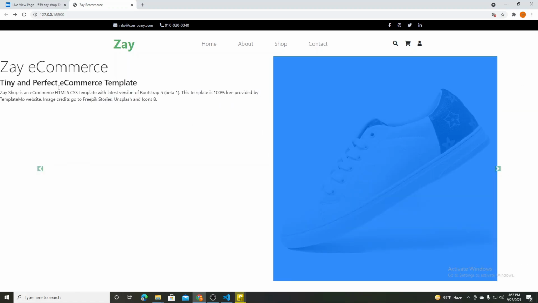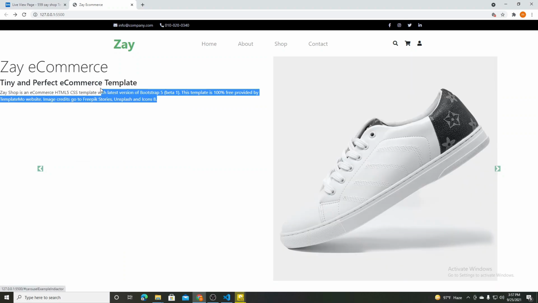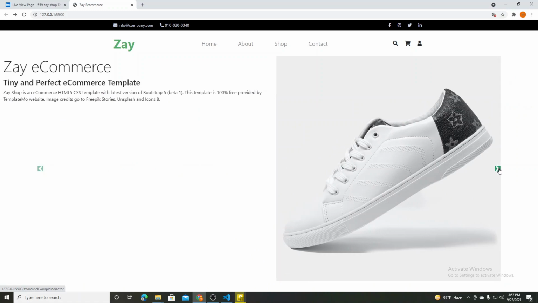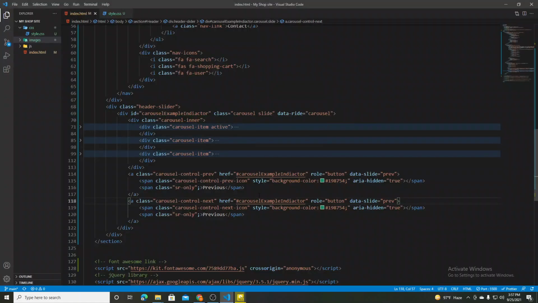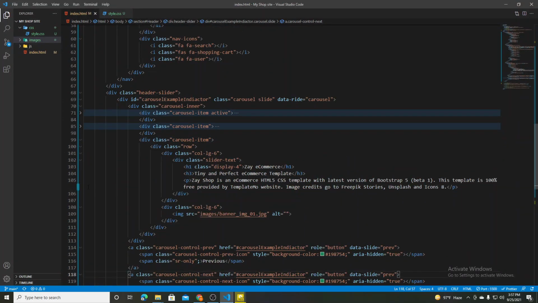We haven't changed our content for every slider. We have the same content for three sliders, so we have to change those things also. So we are going to fix that. Let's go and fix that. So first of all, what we need to do, we need to change our